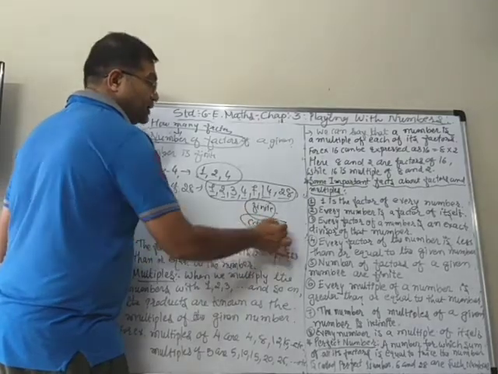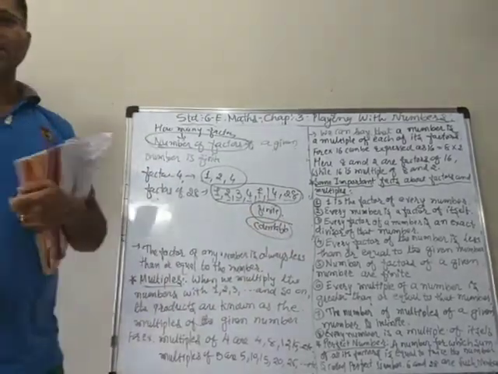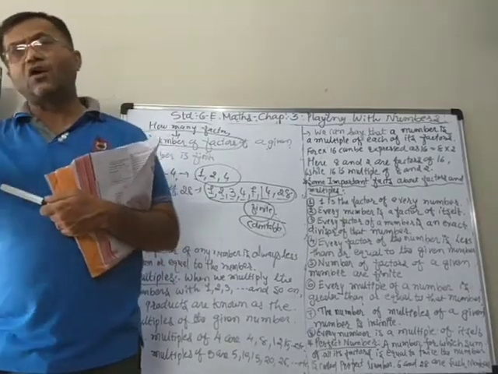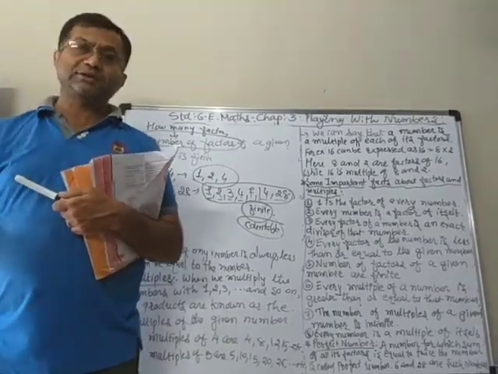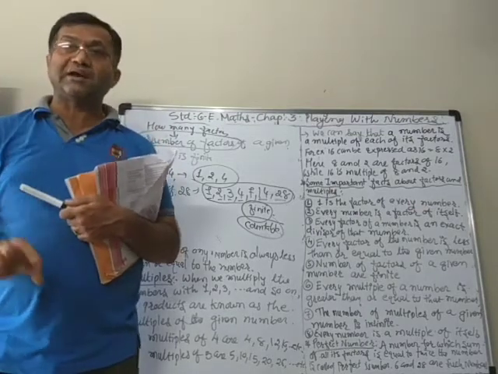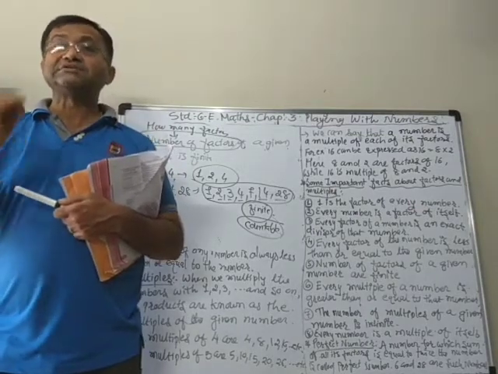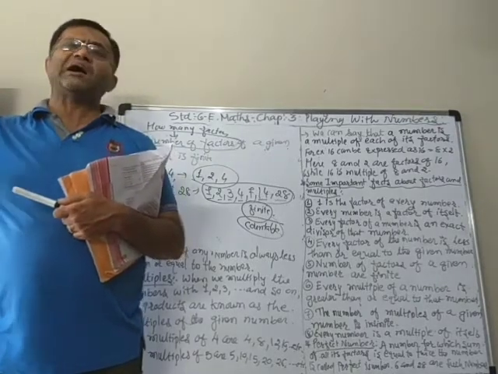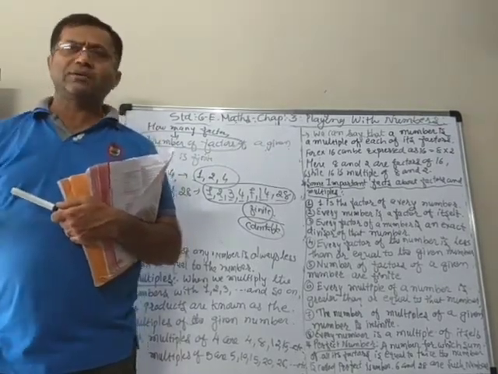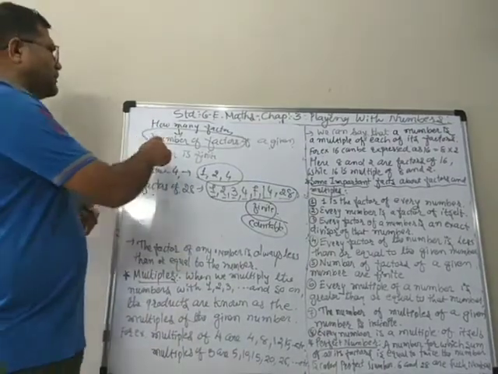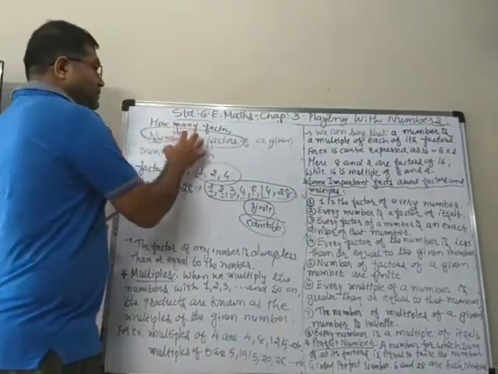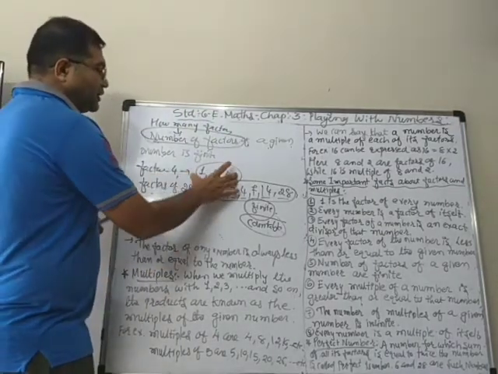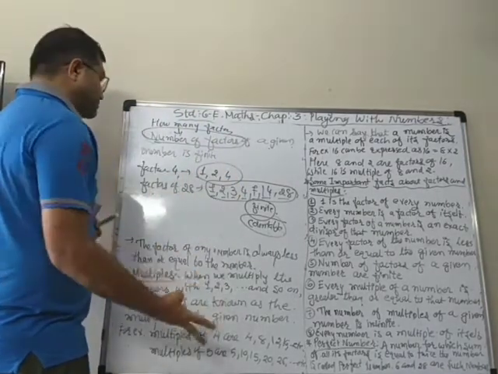Not so many. It doesn't matter if you take a bigger number and write down all of its factors, the number of factors will be finite. It means it is a countable number, not that there are infinitely many going on and on. So now you understand the meaning of number of factors. Number of factors means how many factors there are. So here the factors of 4 are 1, 2, 4, which means there are 3 factors.